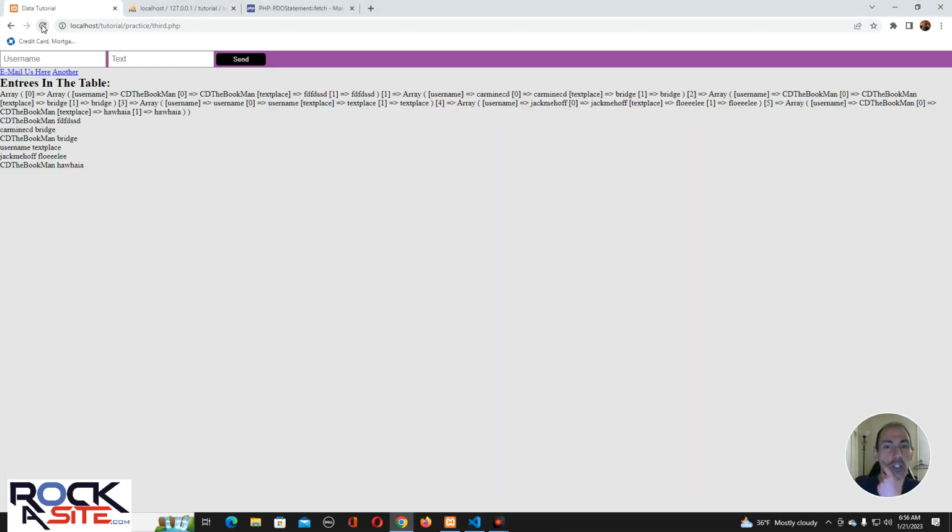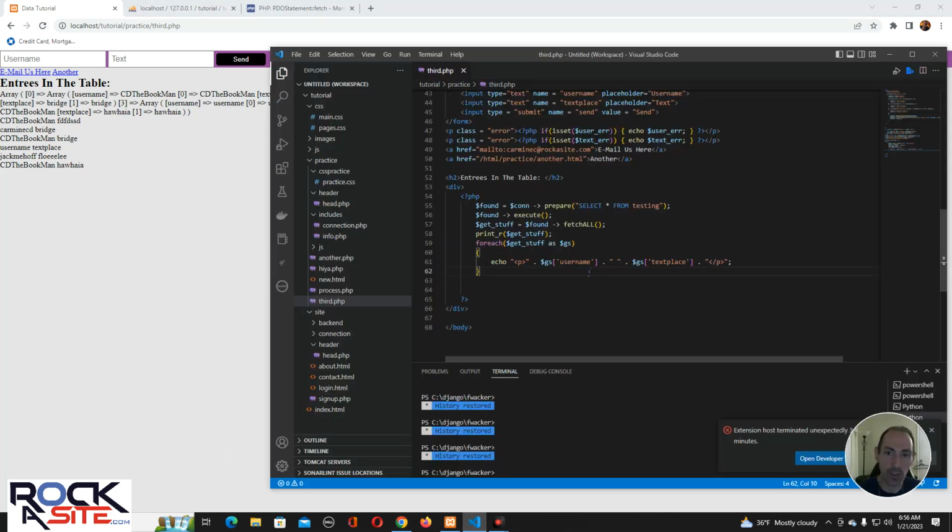Now, fetching an associative array is not a bad thing. If you want just one entry, you can do that. I've fetched associative arrays all the time. But it won't do an array within an array. It's just going to associate one bit. The positive to that is, if you did fetch PDO